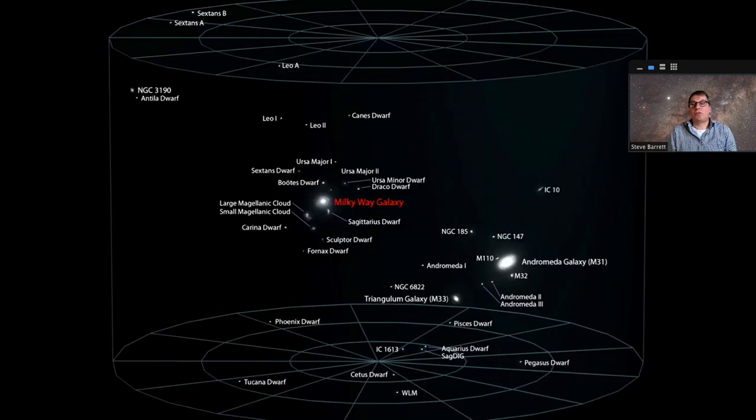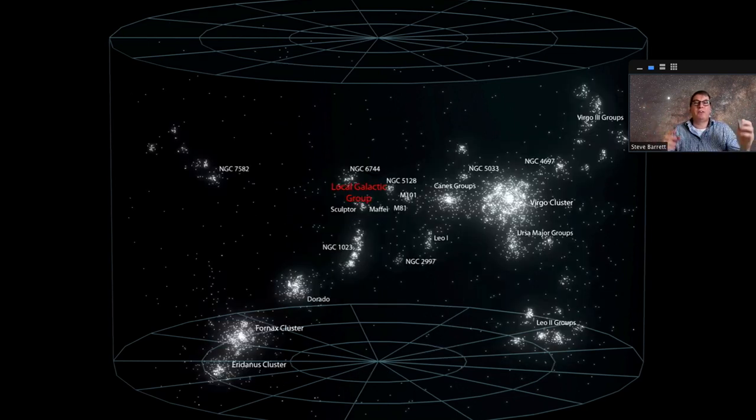If we think about what's going on in our locality, this is a little map with the Milky Way in the center there. We have a few small galaxies around us. We have the Andromeda Galaxy in our local group off to the right there. If we change the scale somewhat and look a little bit further afield, we realize that we are a very small part of a much bigger cluster. Off to one side there we see the Virgo cluster, and down in the bottom left we see other clusters, the Fornax cluster, Eridanus cluster.